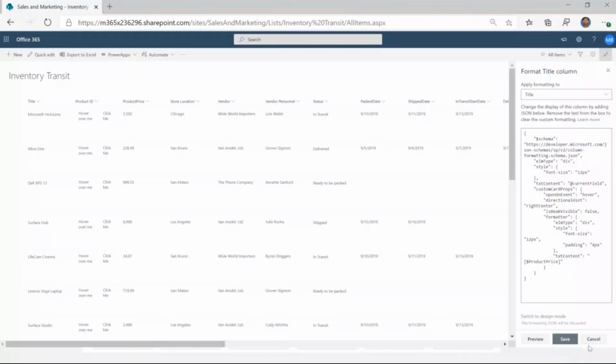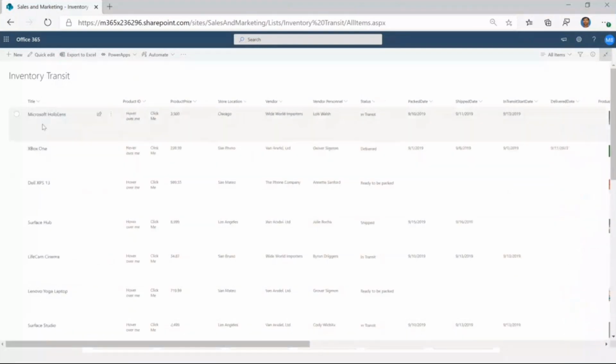If I expand the same concept, I've just shown you one example, one column. I can do it on other columns too, let's say the status column. This is a beautifully made custom card, which draws certain dates, packed, shipped, in transit, from three columns: the packed date column, ship date column, and in transit date column.